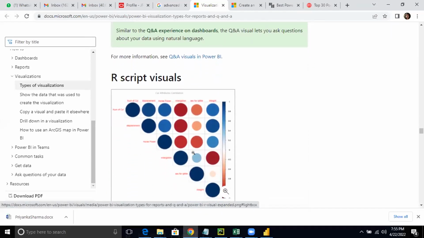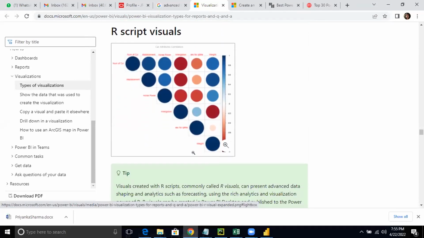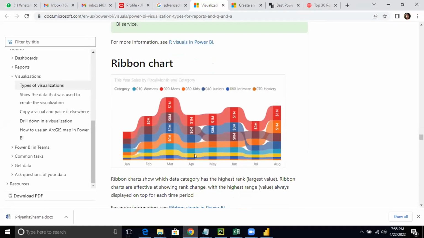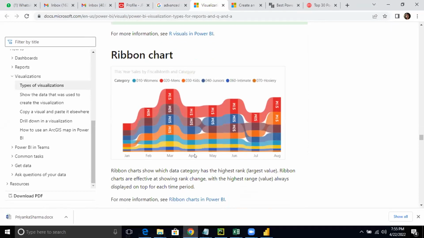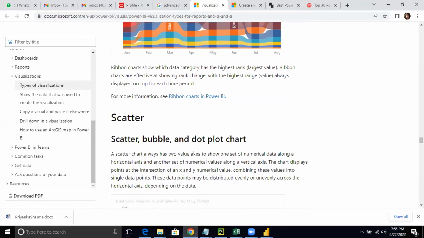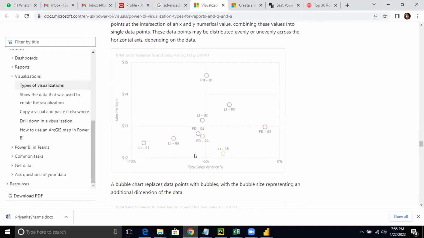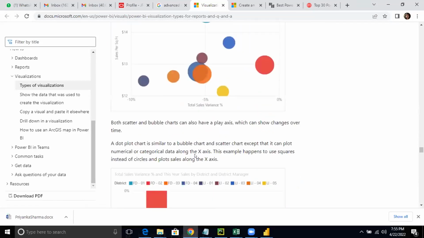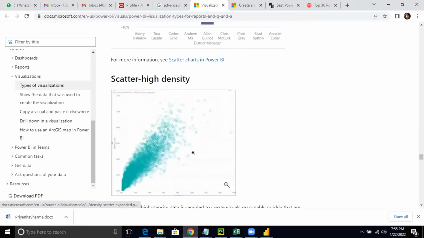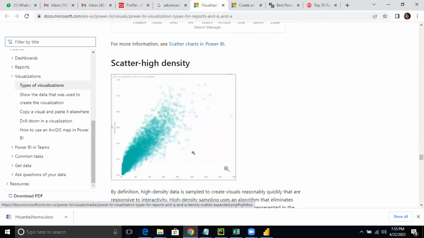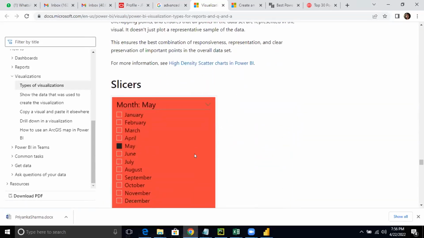R script visuals can be very easily created, R visuals, the language R. Similarly, Python visuals can be created. Ribbon charts we discussed, whenever you want to see the highest and the lowest. Scatter, bubble, and dot plot charts can be created. What else? Scatter high density. I just want you to visualize. I know we've got less time, so we are not able to